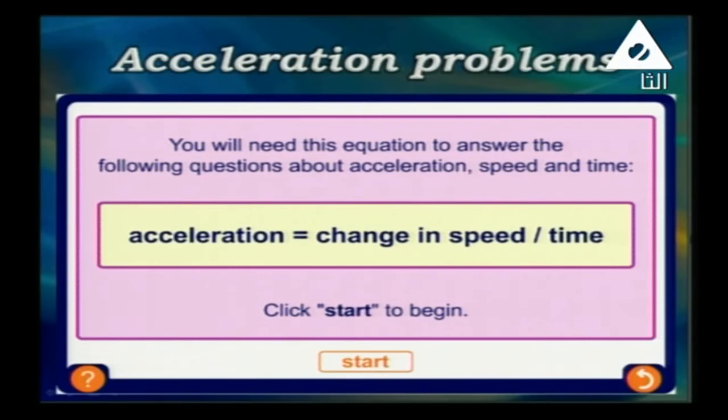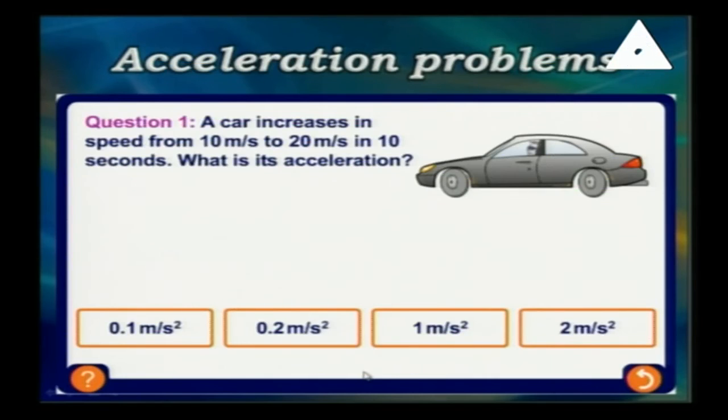This part is about acceleration problems. Acceleration equals the change in speed divided by the time. Let's start. The car increases in speed from 10 meter per second to 20 meter per second in 10 seconds. We have two speeds here: 20 is the final one and 10 is the initial one, V2 and V1. So what is the acceleration? 20 minus 10 divided by 10 equals 1 meter per